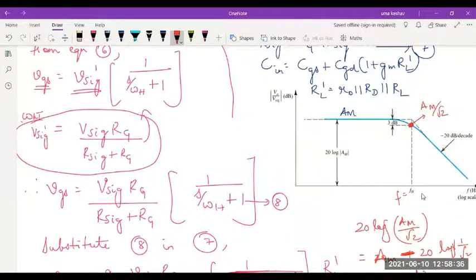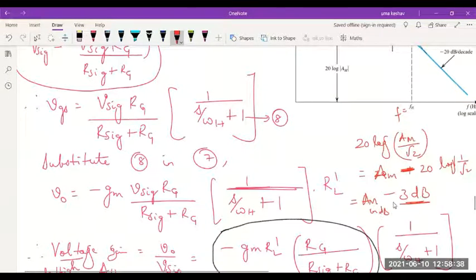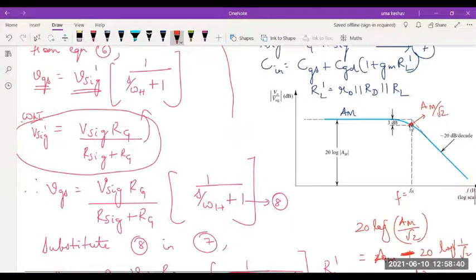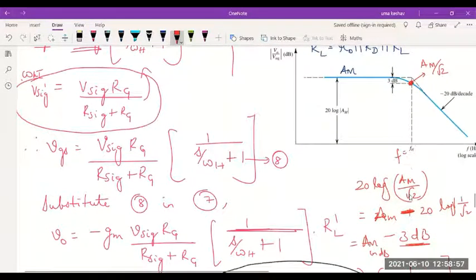Everything is completely reasoned for and everything is derived. Don't just think that this is minus 3 dB just like that. At this point, you get minus 3 dB because the gain is maximum gain divided by root 2. And when I convert this gain to decibels, you will be taking 20 log of 1 by root 2, which turns out to be minus 3 dB. That's why you'll point this FH as the minus 3 dB value from the maximum gain.